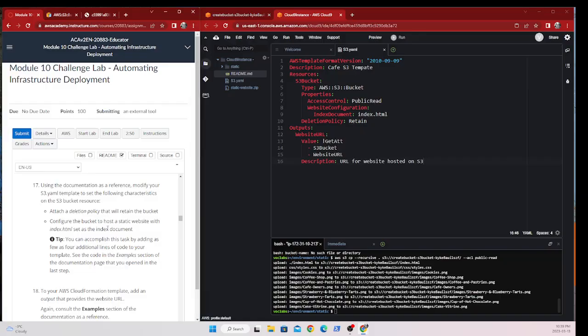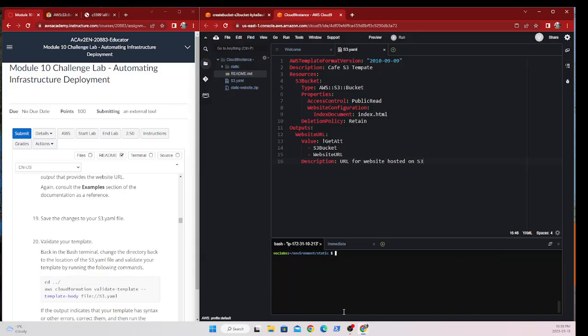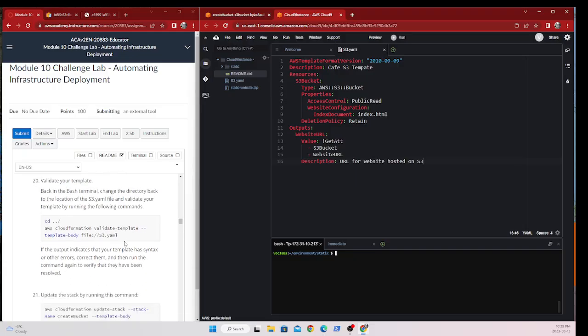Remember, a rule of thumb is every time you update or create a YAML file, you need to validate it. So we are going to validate it by running this script. Press enter. Here we go. So for example, if we